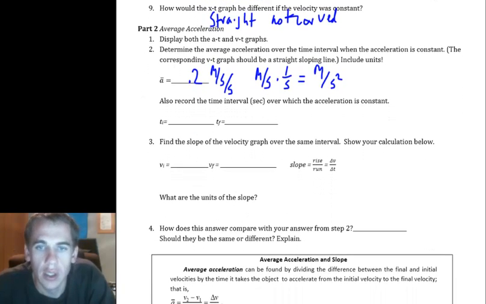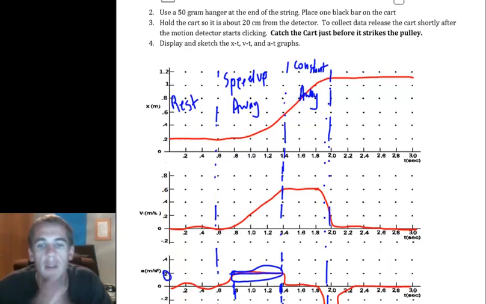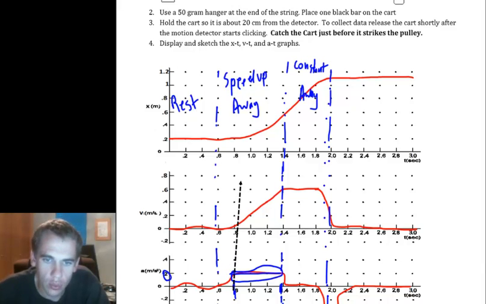Awesome. Find the slope of the velocity time graph over the same interval. Show your calculation below. So you're going to find the initial and final velocity from there. And so again, let me jump back to that graph. Okay. Since I picked this time interval for my acceleration, I would need to pick the same time interval for my velocity. And so if I just extend this line up, okay, what we're talking about is the initial and final velocities